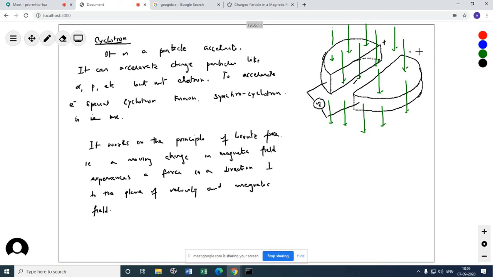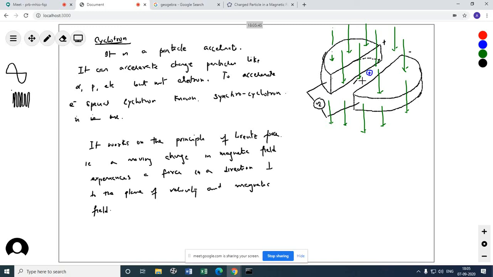a very high frequency AC source. The AC, if you remember, has a positive cycle and a negative cycle. High frequency means it is like this. Very high frequency means within a few seconds its polarity changes. We will come to this frequency; it is called the cyclotron frequency. Now, what happens is that when we release a charged particle,